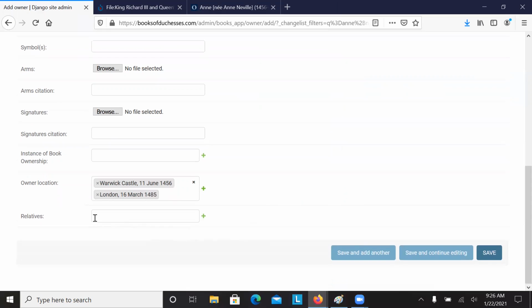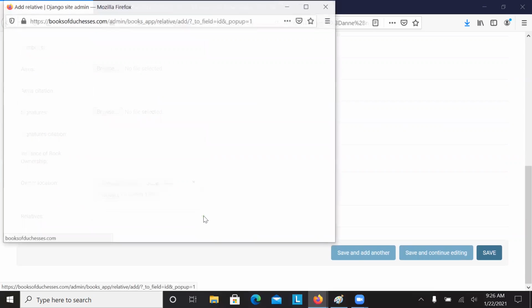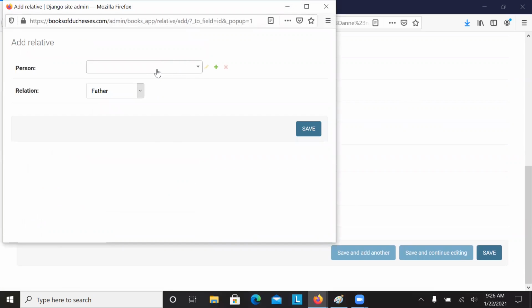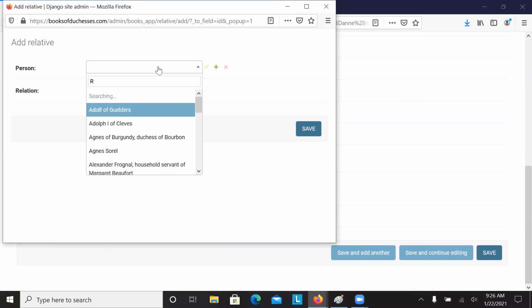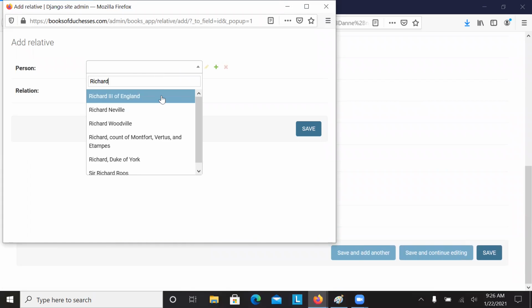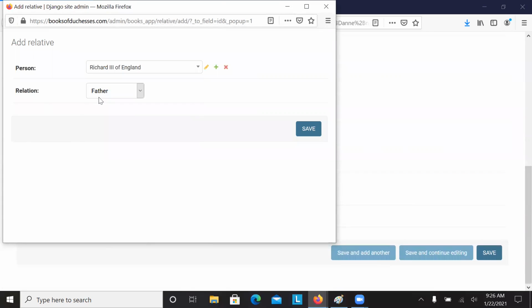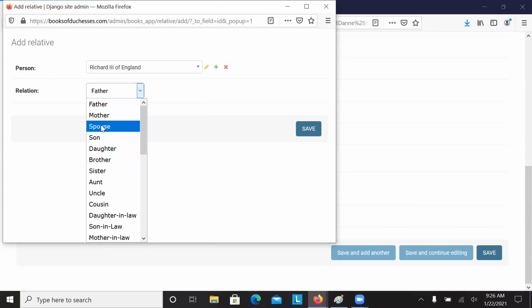The other thing that I'm going to do is add some relatives for Anne, and this helps to connect her with other women in the database. So the first relationship I'm going to add, click on that little green plus sign, is Richard III, who was very notorious and was the husband of Anne. I think Richard's already in the database. There he is. And Richard III was Anne's spouse.